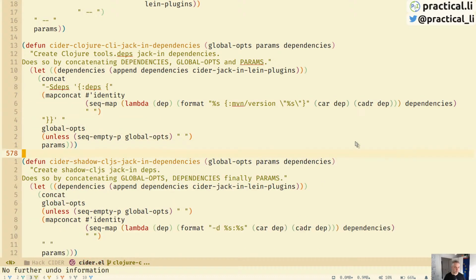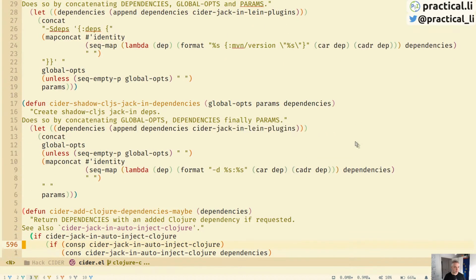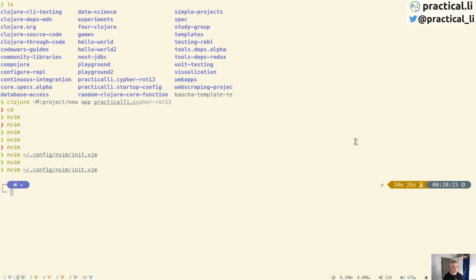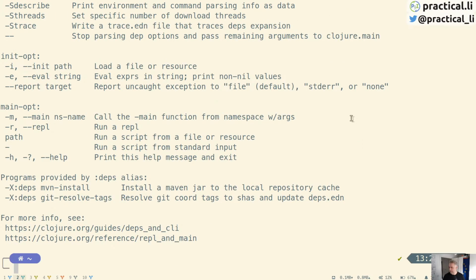Let's make sure I haven't changed anything. So the difference between this, because I fixed the cider-jack-in one, but I'm sure that the cider-jack-in dependencies has the same issue, because this one now starts with the deps, which is correct for the command line. We're going to look at that bigger. If we do Clojure -H, then